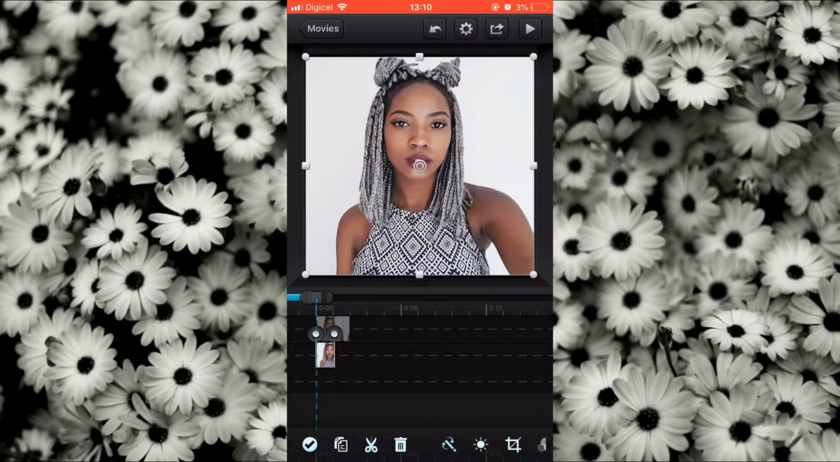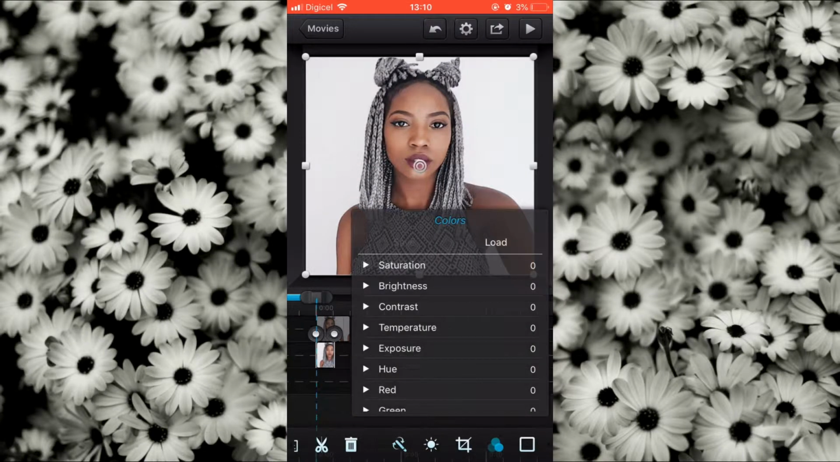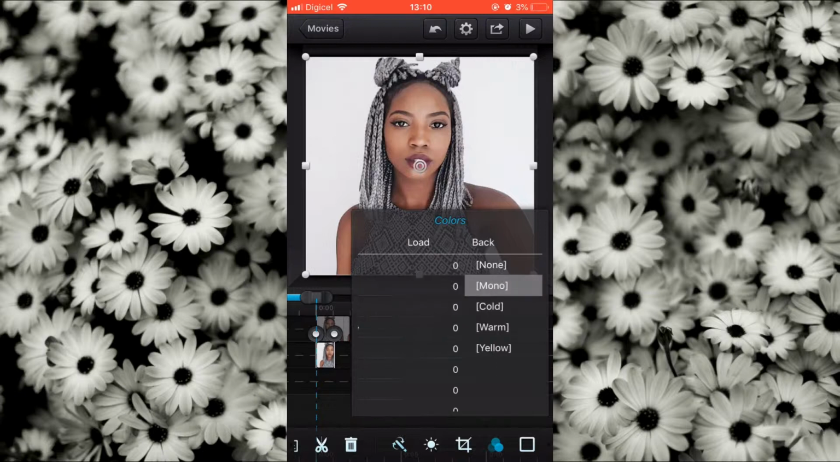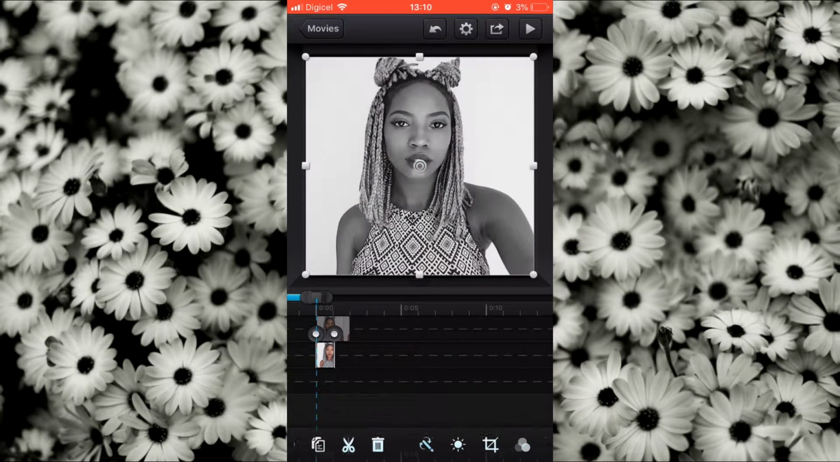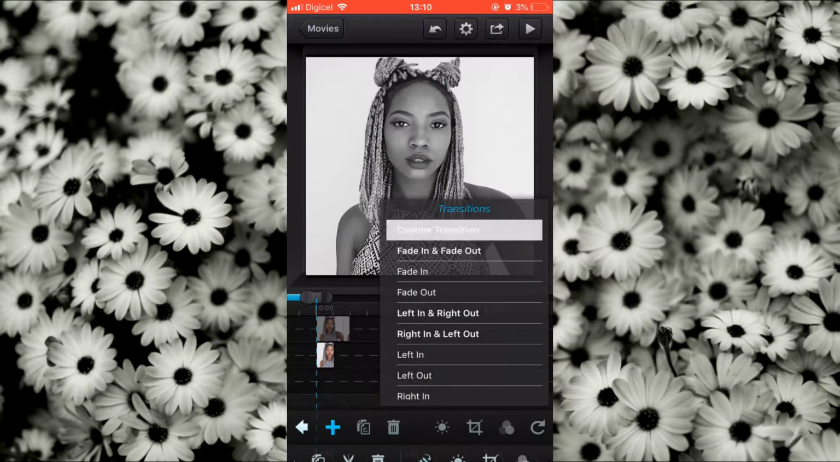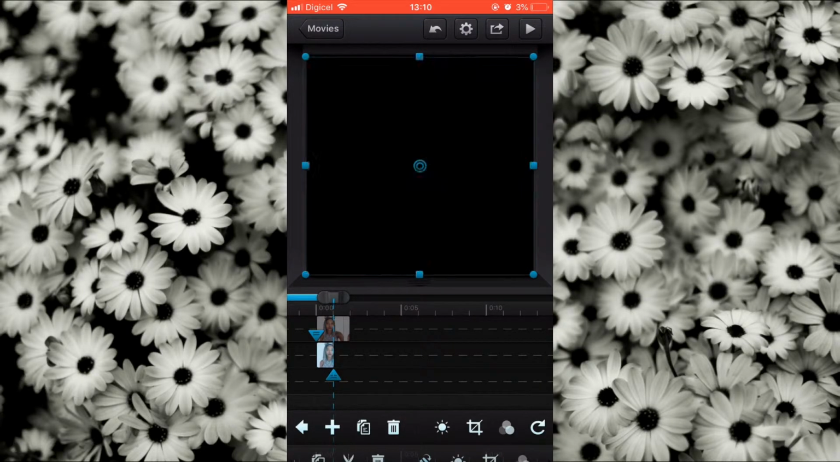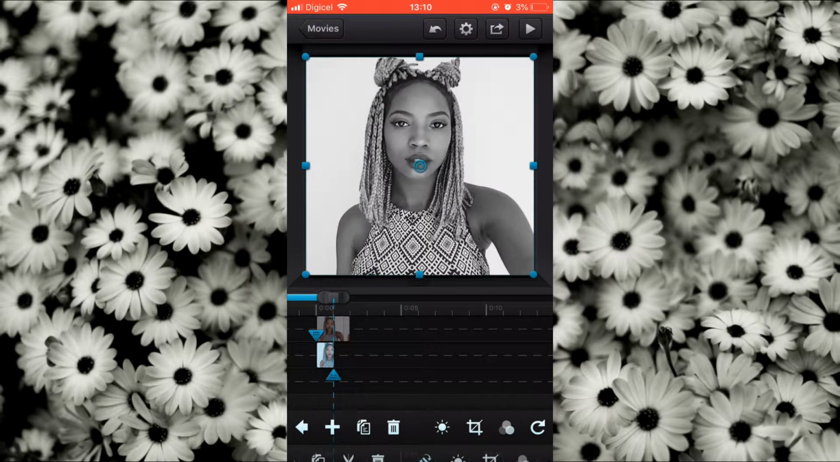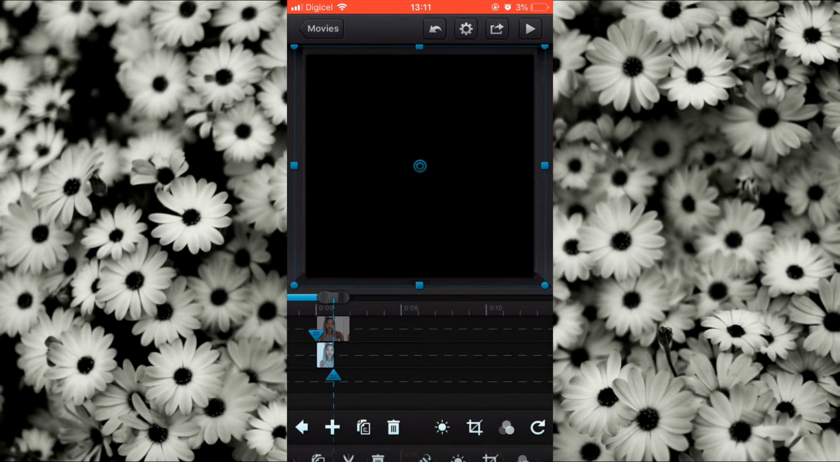And you're going to click on the filters effect and go to load and click mono. Now you're going to go to the wand. You're going to click plus and custom transition, and you're going to carry the transition towards the duration of your whole picture. Now you're going to go to the last image and you're going to zoom out, and you're going